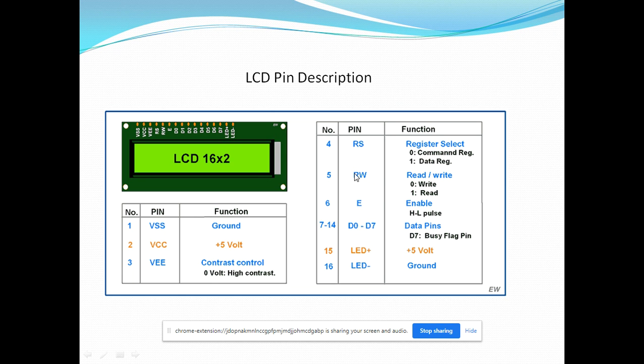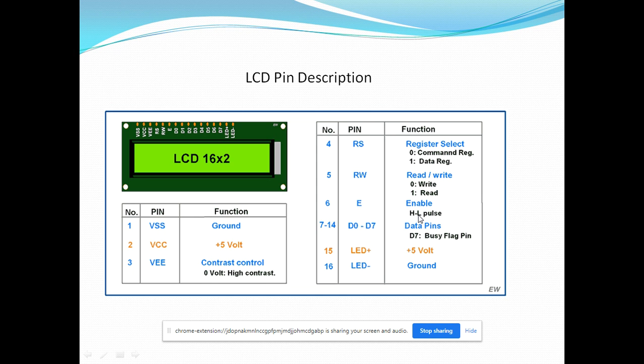For this you have to consider the D7 pin of the LCD data port. If we want to monitor the status of LCD 16 by 2, then we need to observe this D7 pin. So we can apply this reading function to read the status of LCD. Otherwise you can connect this pin to ground to write data on LCD continuously. Third important pin is the enable pin. Here a high to low pulse should be applied to this pin to enable LCD.